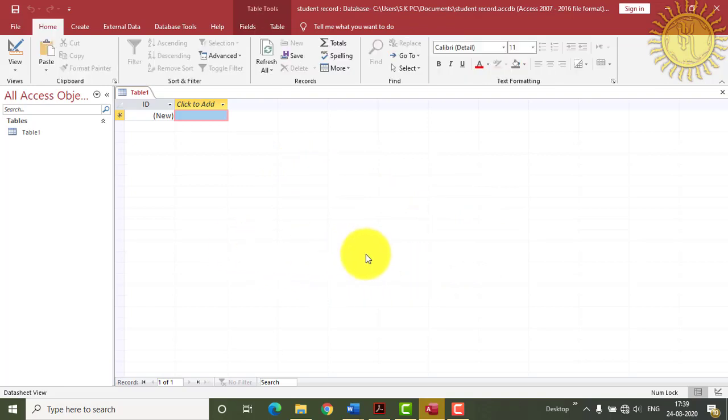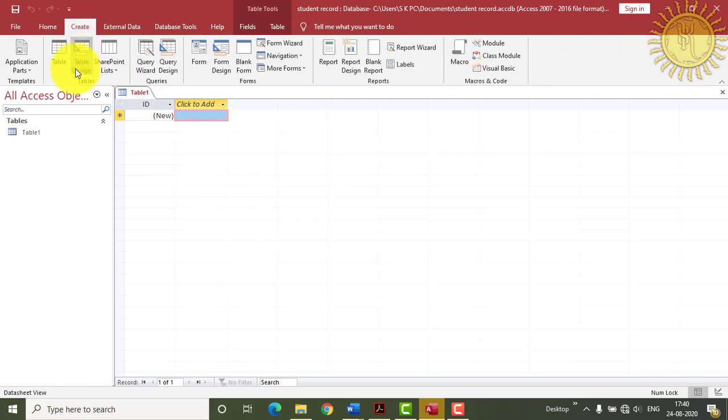Now in this navigation pane you can see the list of all your database objects which you will create, and which are the parts of your database. In MS Access there are 6 types of database objects: tables, forms, reports, queries, macros, and modules. These objects can be created by clicking on the Create tab, and here you can see all these things.